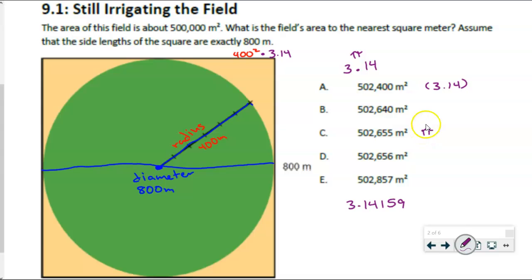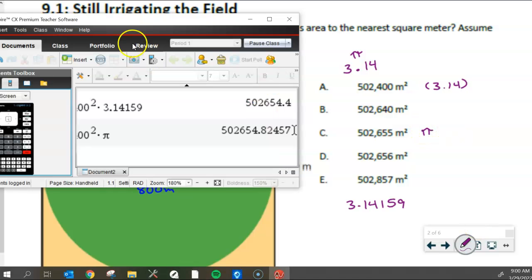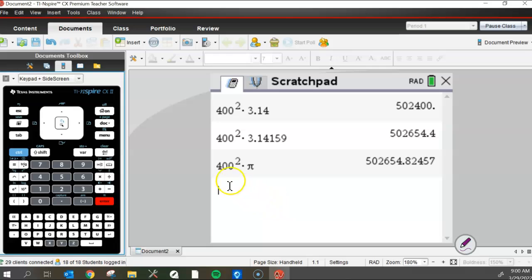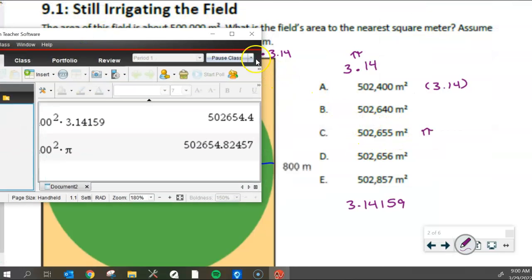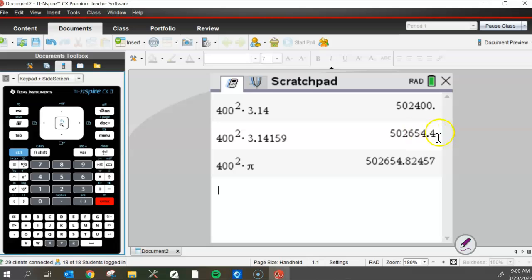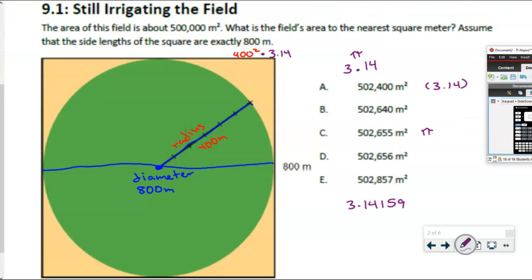Here's what I did really quickly for anybody who is not following quite as easily. What I'm saying is when I multiply the 400 squared by pi, the calculator's version of pi, it gives us enough decimal places that our tenths place is going to cause the ones place to round up to 655, which is what we saw here for part C. We assumed that this answer was closest to C, even though technically it did not round to 502,655. This one would have rounded to 654. Key thing is